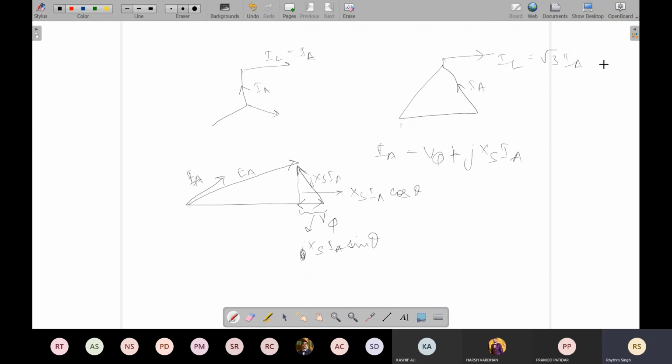So this is the line current and IL is equal to root 3 IA. So for solving the same problem, let's say it was given as 60 amperes. Then first I'll find IA, which will be equal to 60 by root 3, and that value I'll use across. The other one will be same. Your EA will be equal to your VT in this case for delta connection. Okay, sir.